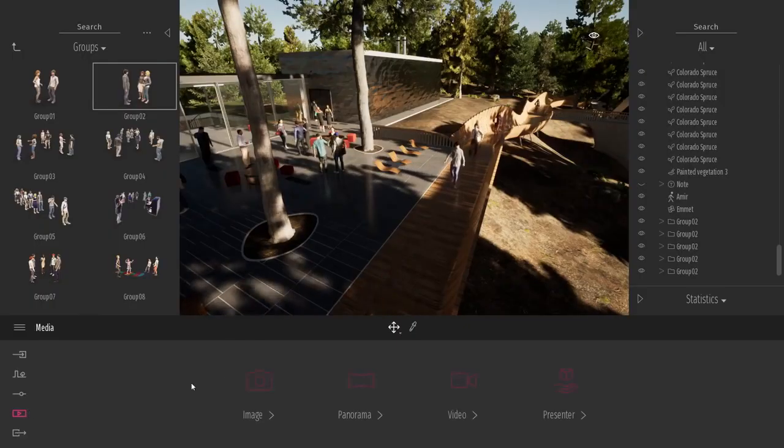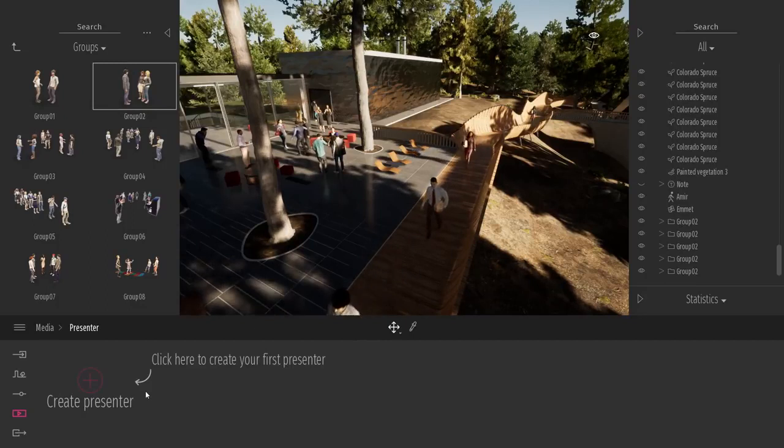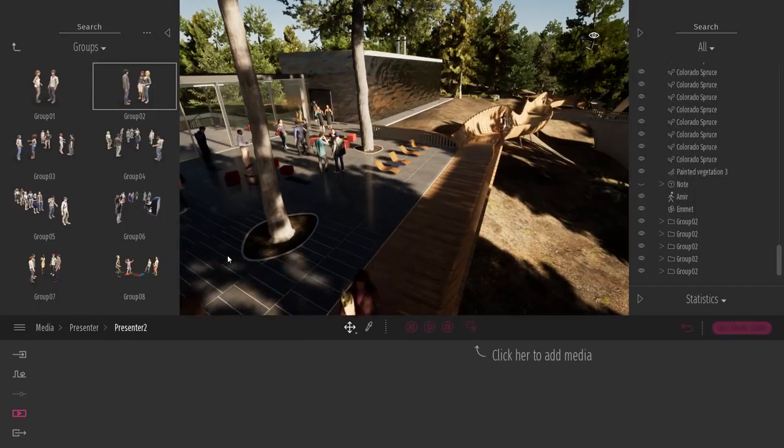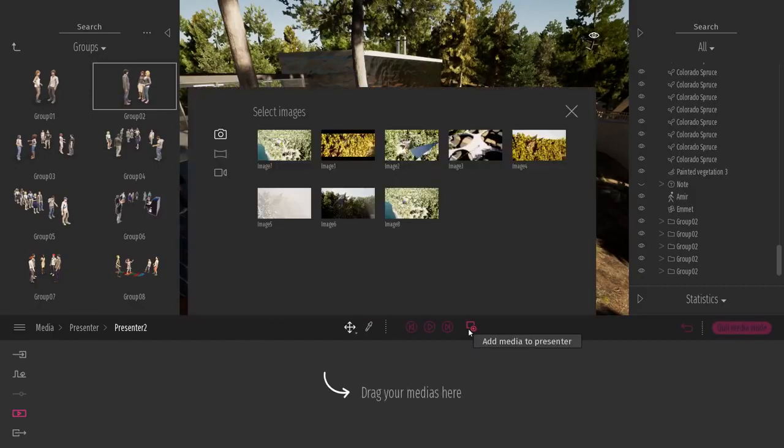Finally, with Twinmotion, we can export images, video, we can also export 360 images, so panorama. And then we have what we call the presenter. The presenter is a standalone executable file of your project that doesn't require Twinmotion. It just exports an .exe that you can send to your client so he can immerse himself into his project. So this new presenter works like a PowerPoint on steroids.